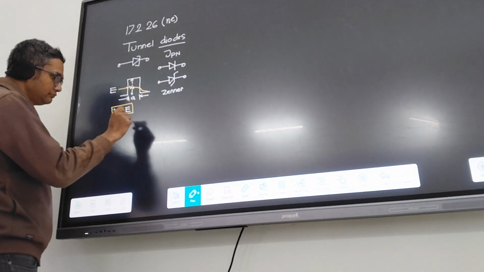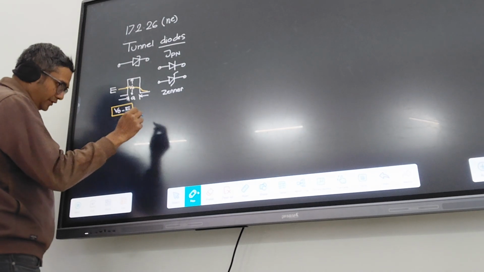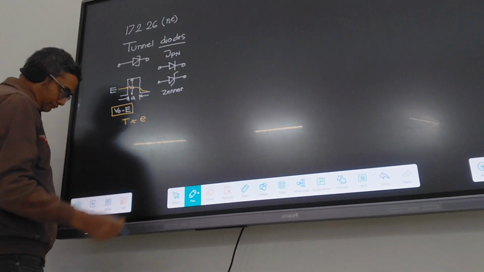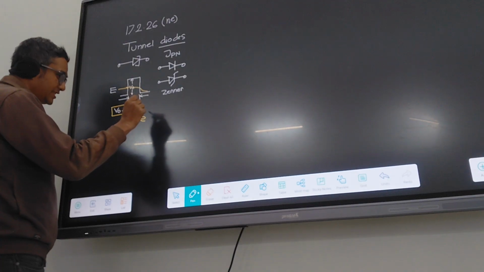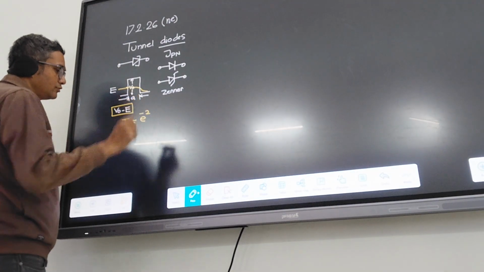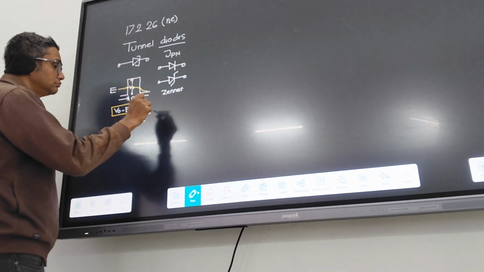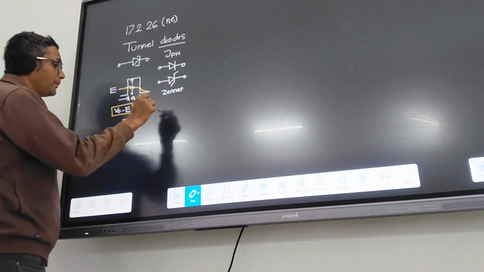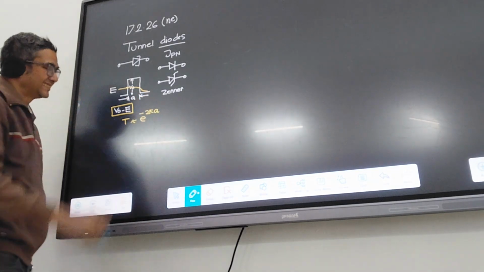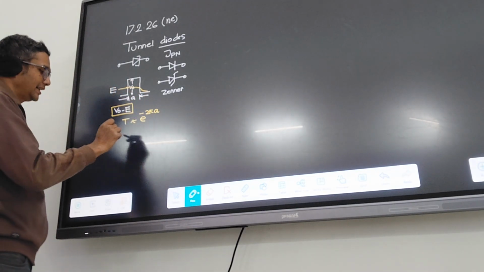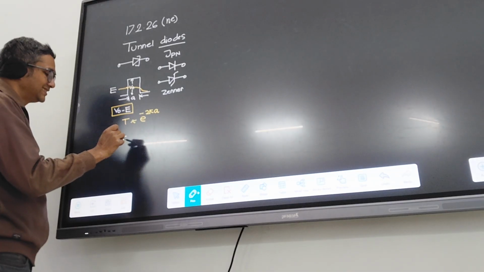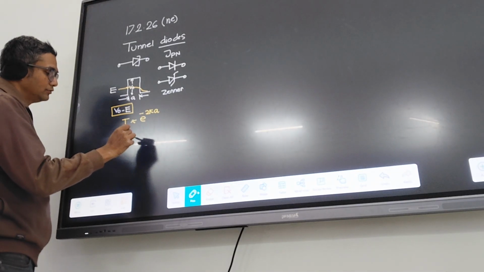It is almost equal to e to the power minus 2 kappa A, where A is the width and this value kappa is equal to